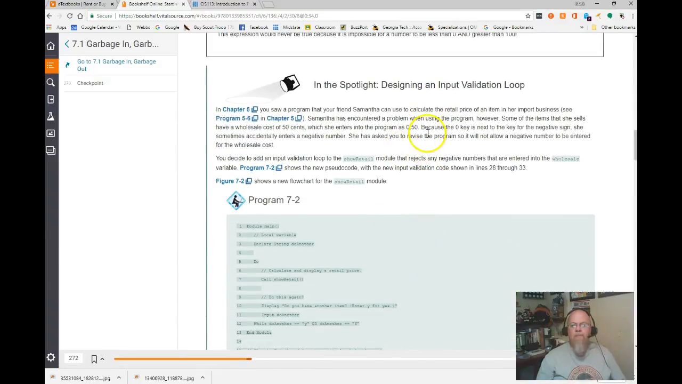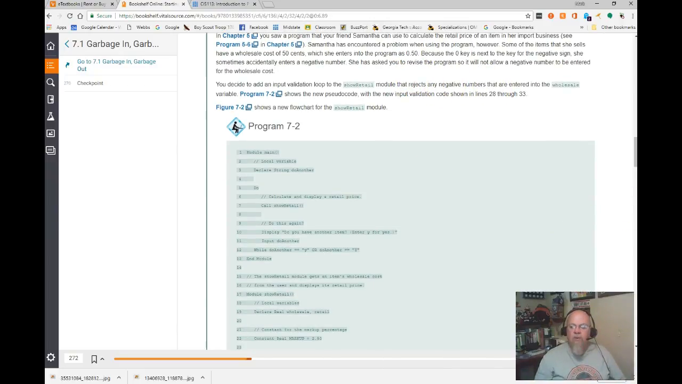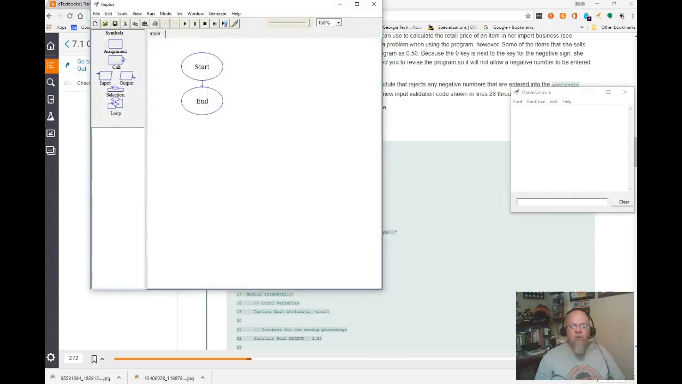So here's the spotlight. In Chapter 5, you saw a program that your friend Samantha used to calculate the retail price of an item in her import business. We can go back to chapter 5 and look at that. Samantha has encountered a problem when using the program, however, when some of the items that she sells have a wholesale cost of 50 cents, which she enters into the program as 0.50. Because the 0 key is next to the negative key, she sometimes accidentally enters a negative number. She's asked you to revise the program to validate the input. So we take a look at 7.2,